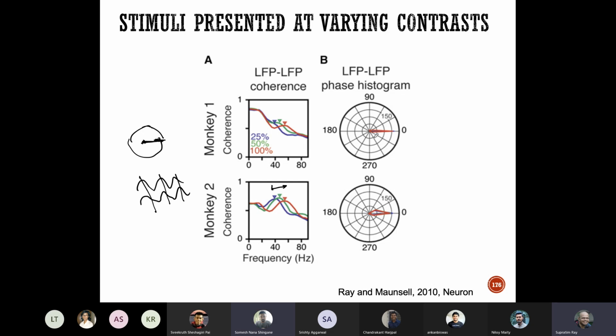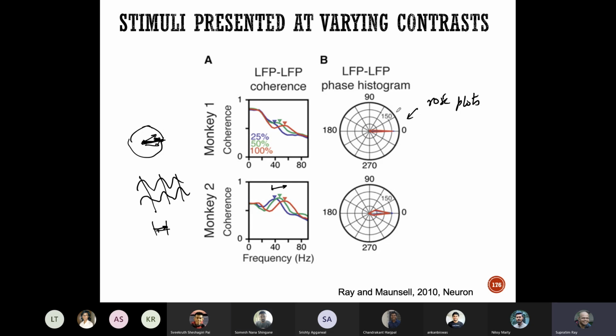This kind of plot is obtained by looking at the vectors and then taking the average. So you get an average vector. The amplitude of that vector is plotted here. This is the amplitude of the coherence. And the phase, which is this theta, is plotted here. Okay, so in the homework assignment, these are called rose plots. You will be asked to generate the rose plot for the data that you have been given. Conceptually, that's what it is. It's just the phase difference plotted here as a histogram.